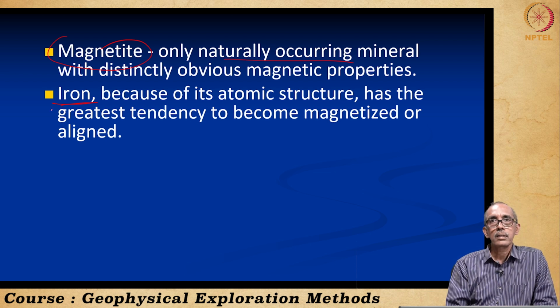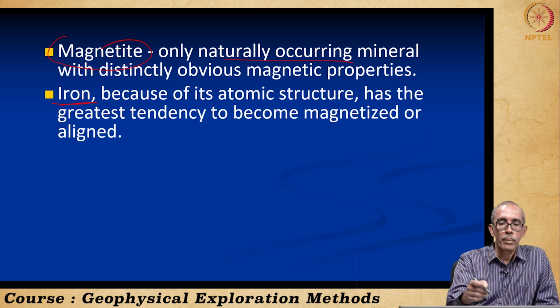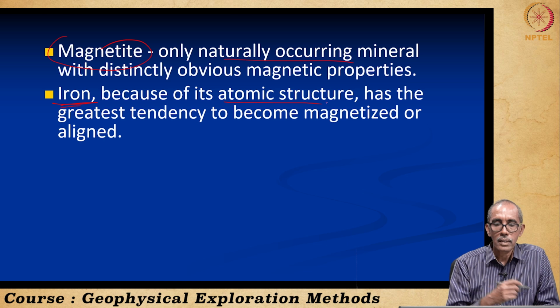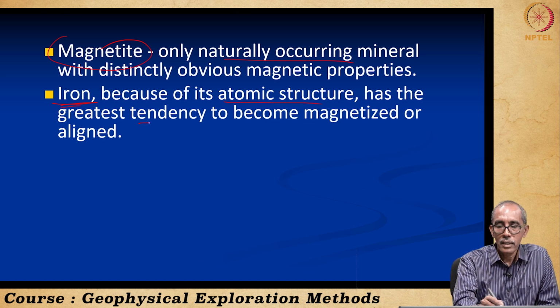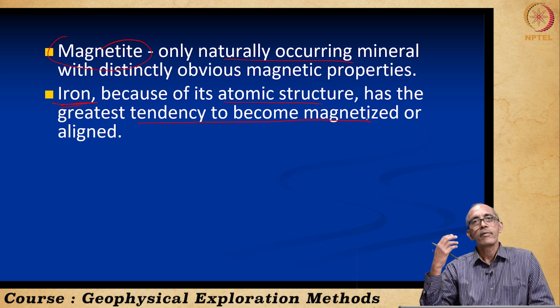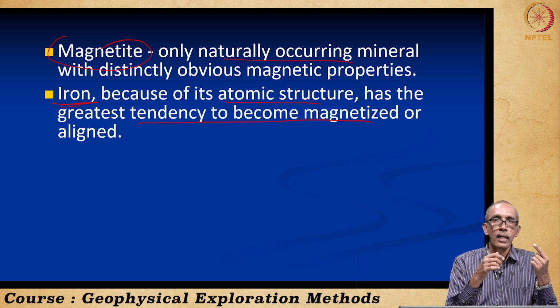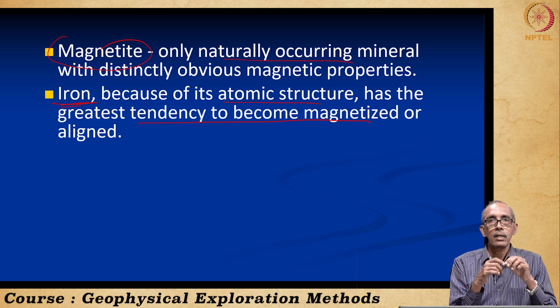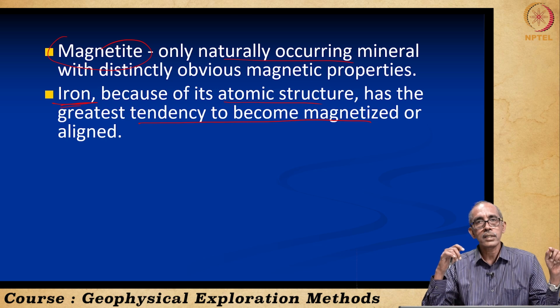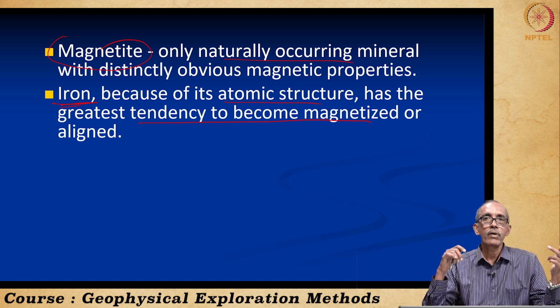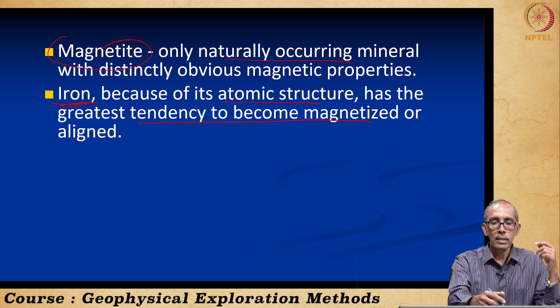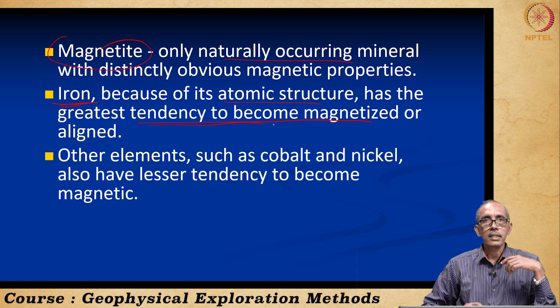because of its atomic structure. We had played with iron dust and a magnet. Because of its atomic structure, iron has a tendency to become magnetized. We used to attach an iron nail or iron pin to the magnet for a couple of days. After removing the iron nail from the magnet, the nail itself was able to function like a magnet for at least a few hours. So, iron has a tendency to become magnetized.